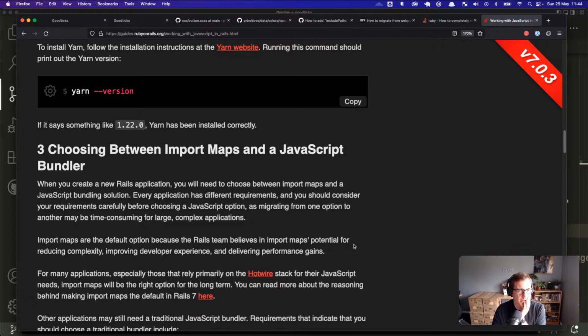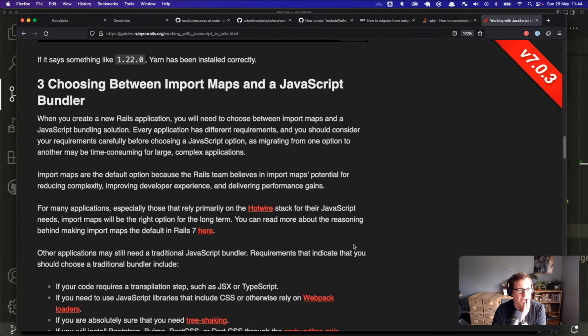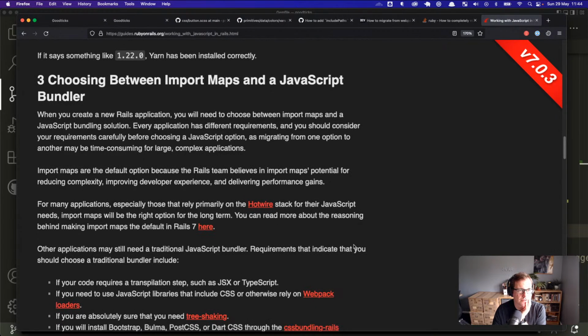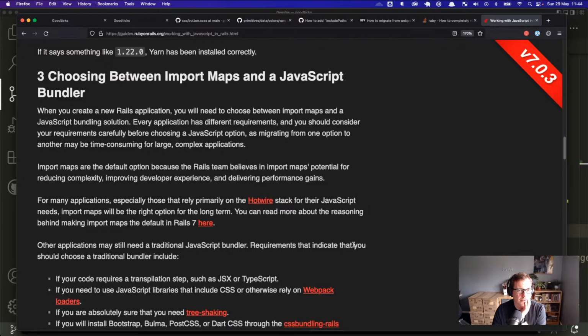Choosing between import maps and a JavaScript bundler. When you create a new Rails application, you'll need to choose. Import maps are the default option because